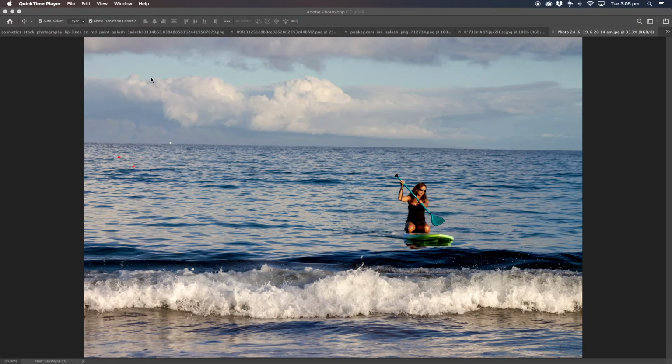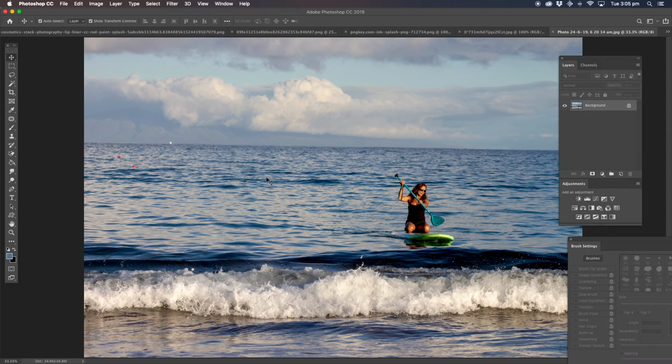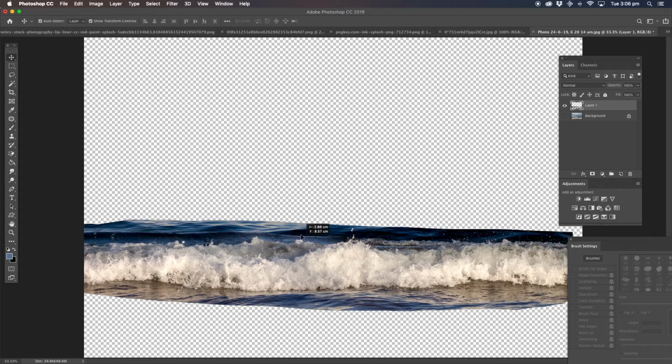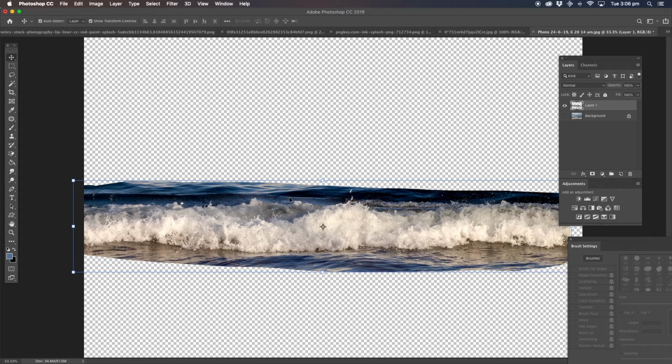Now, the first thing that we're going to be doing is this picture here. We're going to get the waves, and what we're going to do, we're going to select them, go around it like this with a selection tool, any selection tool you like. Copy that, and we're just going to paste it. Turn the background off because we're not going to use it now, and get the selection tool and move it in position. Basically what we're going to do, we're going to remove all that water, all that blue water background, and just